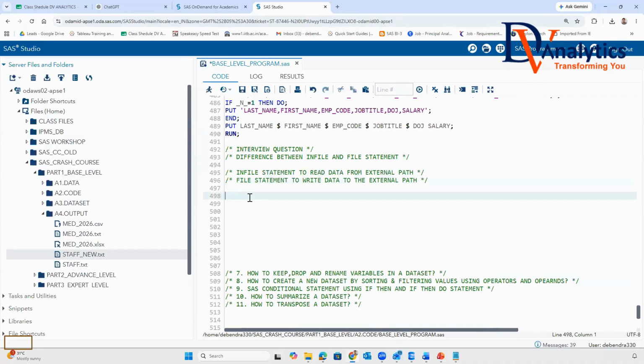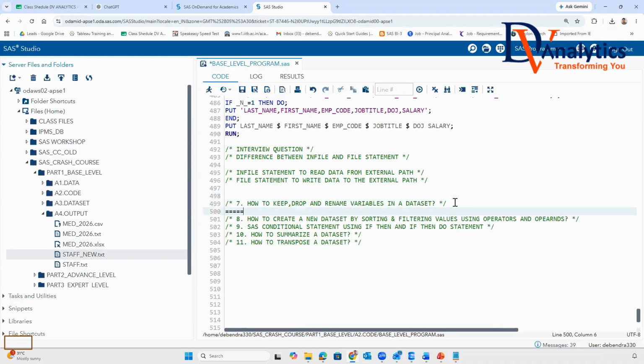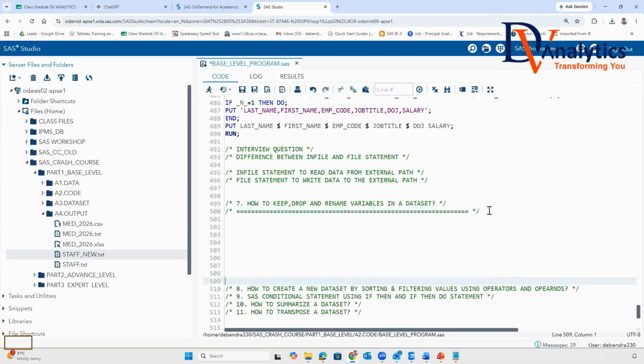Does it make sense to all of you guys, everyone? Is this clear? Yes, sir. So we are much closer to finish the class, just for some time now. Data to keep, drop, rename variables. What does it mean? For example, guys,